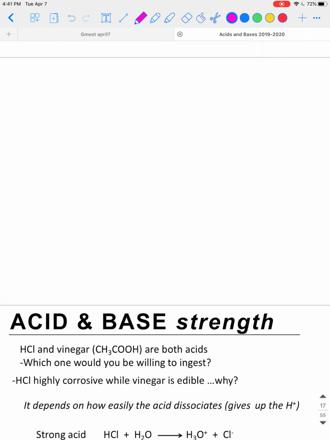Okay, we are going to pick up where we left off on chapter 10, and I'm just going to write a brief outline for the three things we're going to cover today. One, we're going to cover acid and base strength. It's the first thing we'll cover. So we're going to get familiar with the idea that there are weak acids, weak bases, and strong acids and bases as well. We are going to look at equilibrium